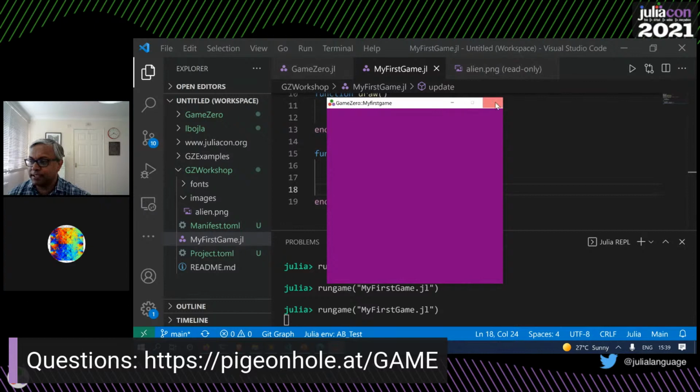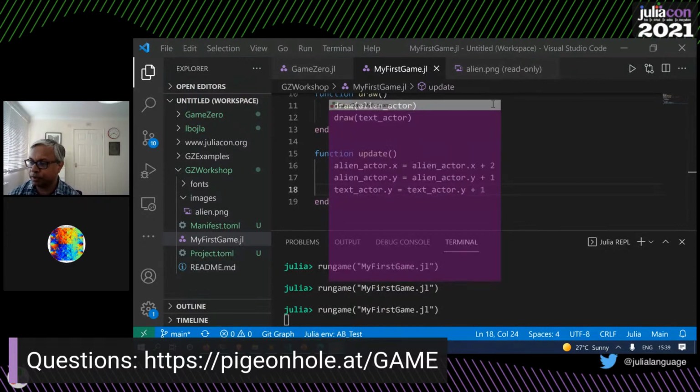Hopefully that all makes sense. That is the simplest way to create images and text on screen, and then you can play around with it, of course, right? Now,